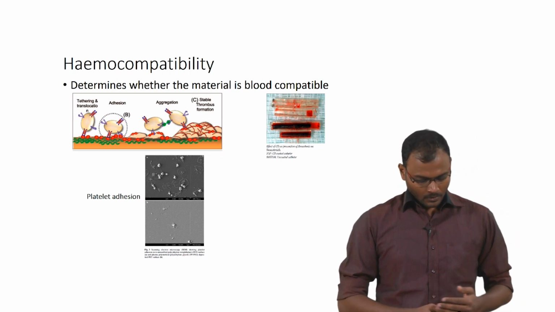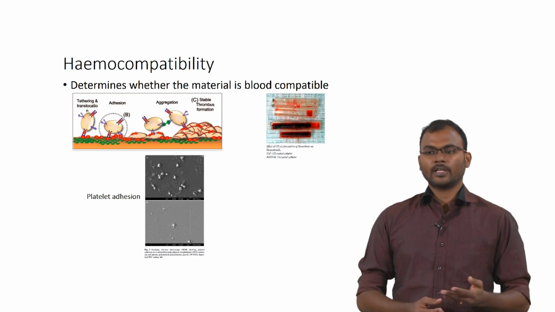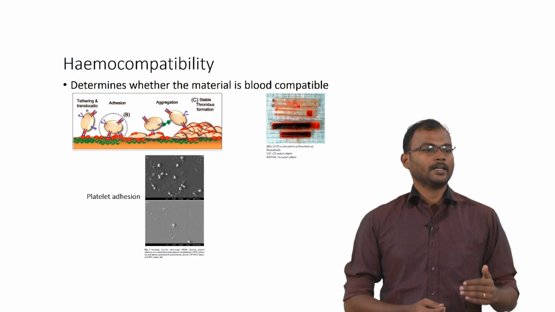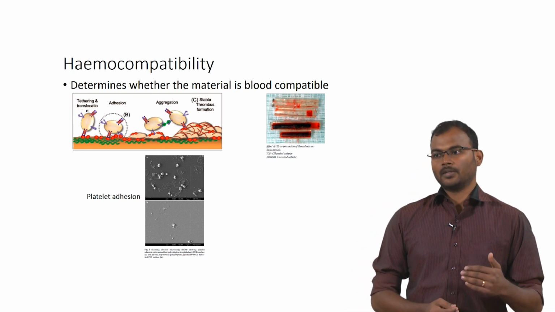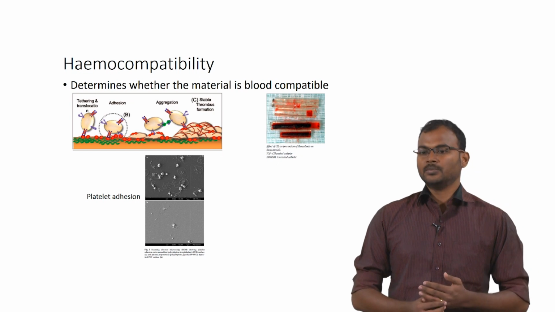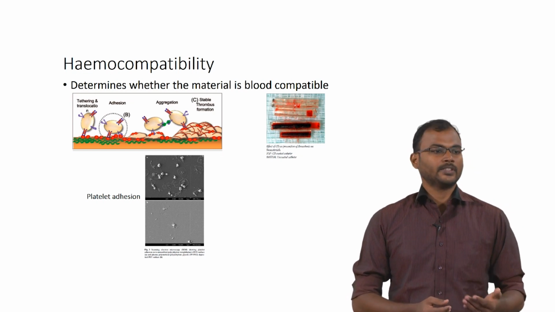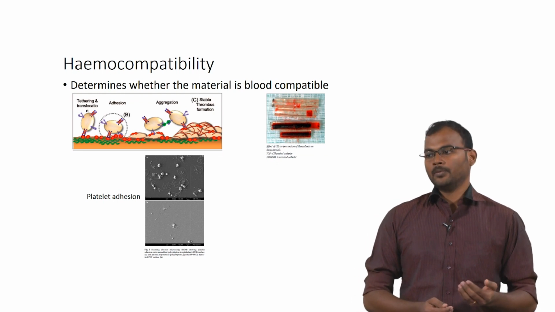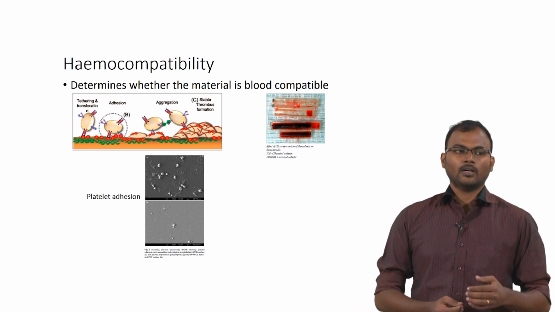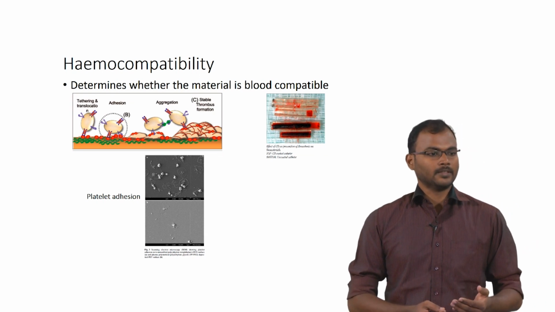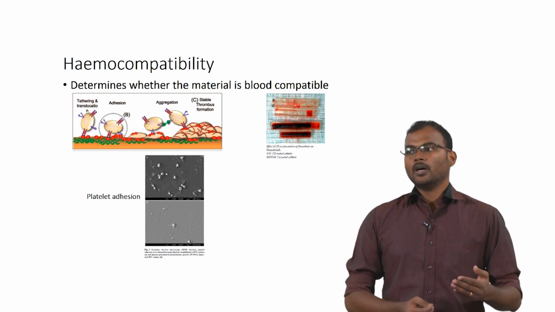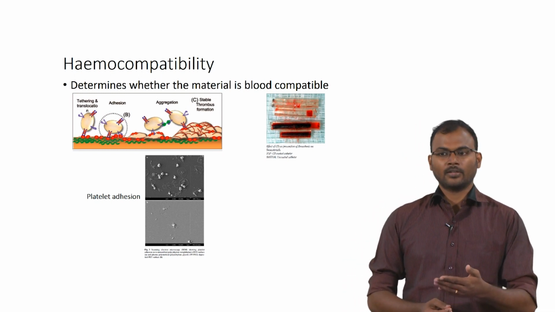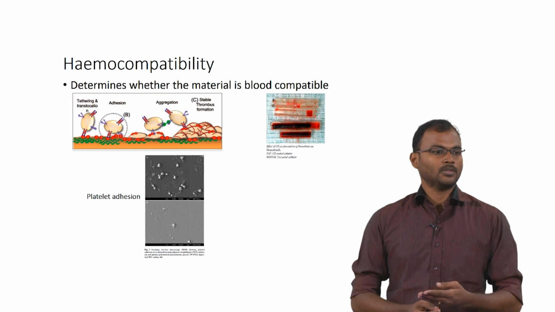So, what are the experiments you can do for hemocompatibility? The main experiment is platelet adhesion, because that is the initial step of thrombus formation. That can be observed using SEM. You incubate your sample with platelets, extracted as healthy platelets from human volunteers, then you can check how the platelets are adhering onto the material surface, and you can observe it under SEM, or you can quantify it using whatever the previous cytotoxicity experiments were. You can quantify with the MTT assay also.